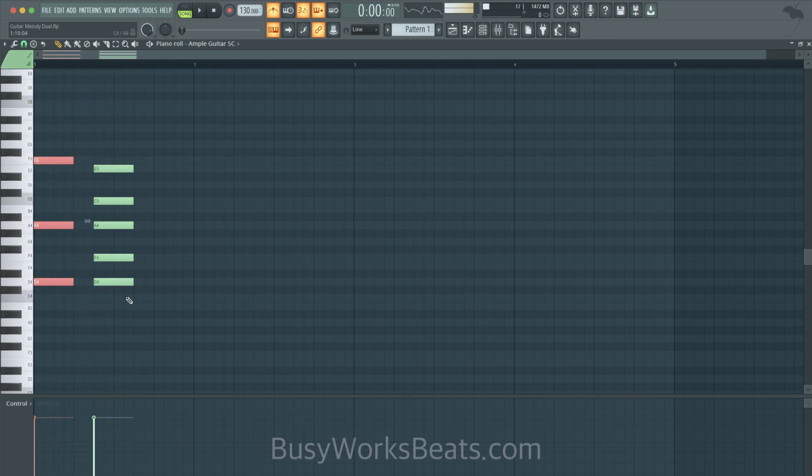Now remember, in real guitar, they need time to switch chords. So you're not going from chord directly to another chord. That's not realistic. Now we're not trying to make the most realistic thing here. I'm just giving you the little anecdotes. So let's pull this down an octave to see where it would fit. And let's start moving notes around.